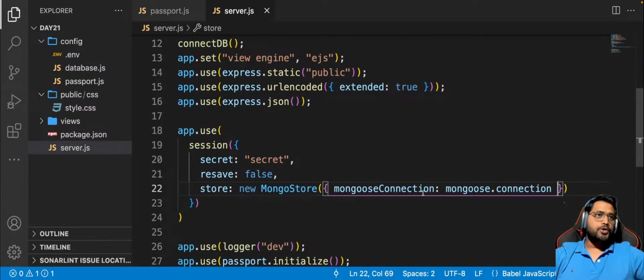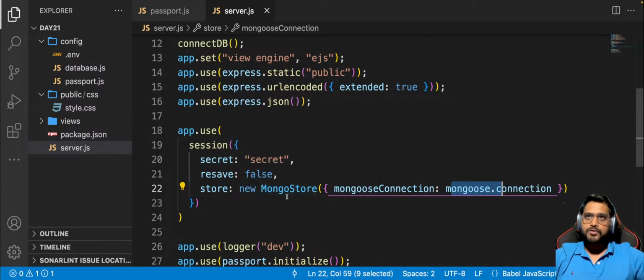Right. So through mongoose, it is going to store all these things into your session storage. Right? All your session,